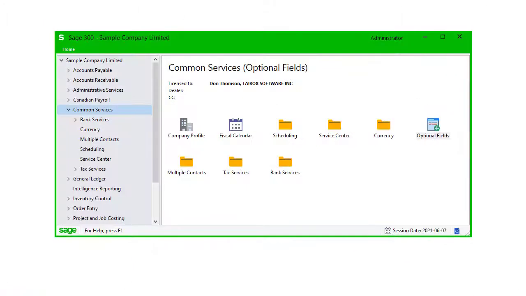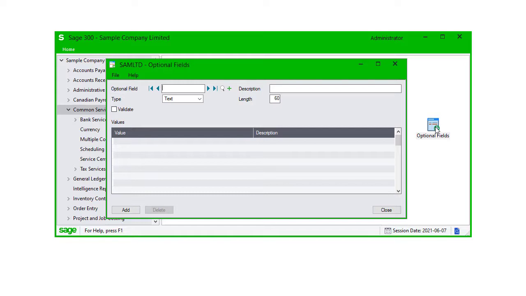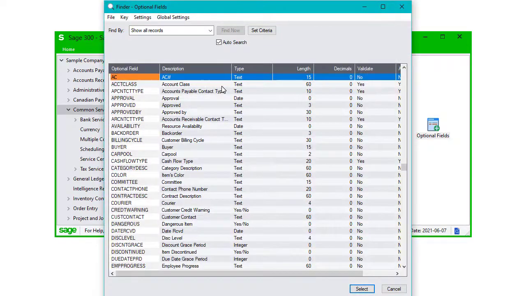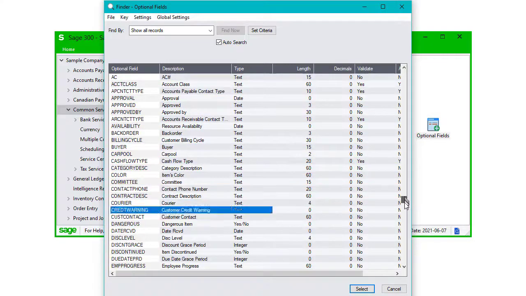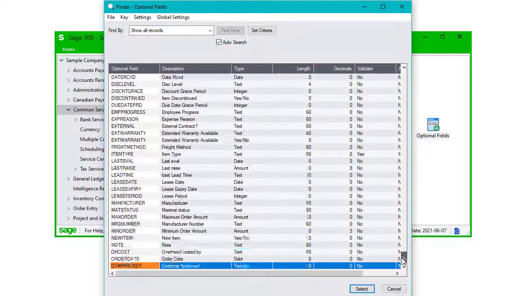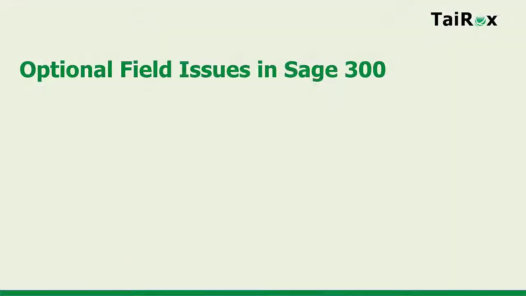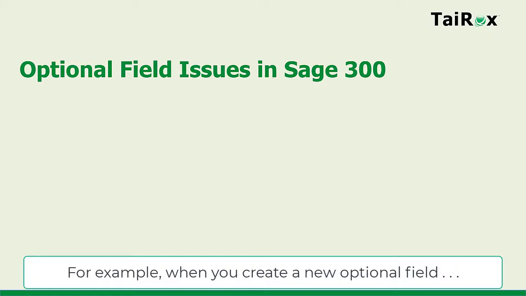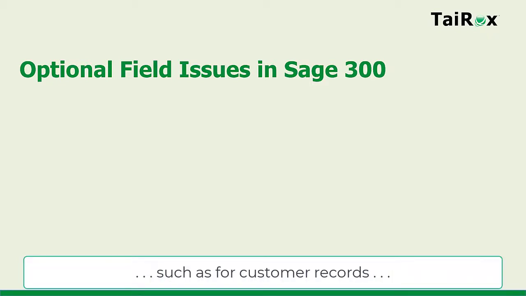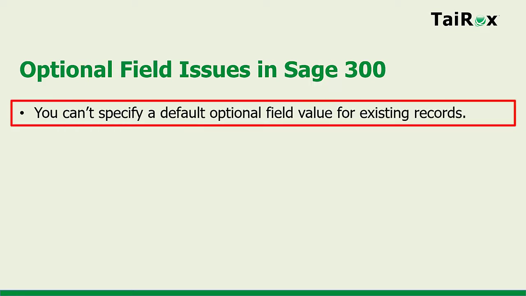Optional fields in Sage 300 let you customize your accounting system by adding an unlimited number of fields to Sage 300 records and transactions. Optional fields are a great idea, but in practice, users face several challenges that limit their effectiveness. For example, when you create a new optional field, such as for customer records, you can't specify a default